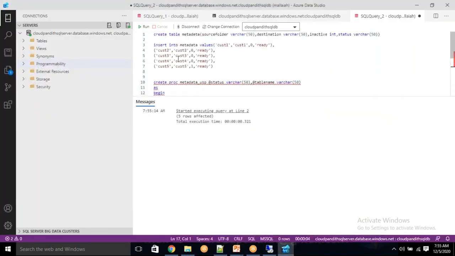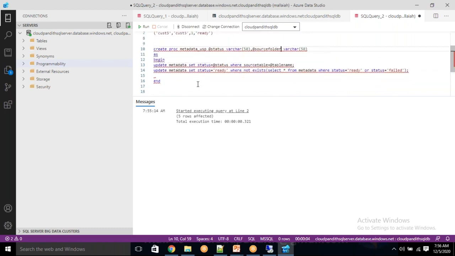Create procedure metadata underscore USP status, and I need to pass the status and the source folder information. So instead of table name, I will say source folder. I need to update metadata, updating the status where source folder equals @source folder. Next I want to update metadata, set status to ready, where not exists, select star from